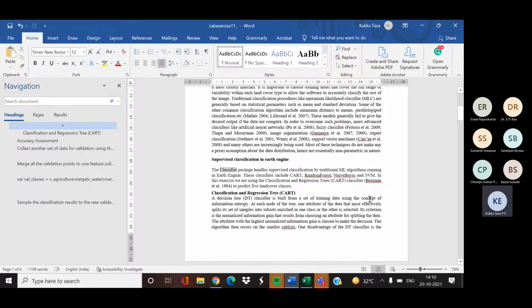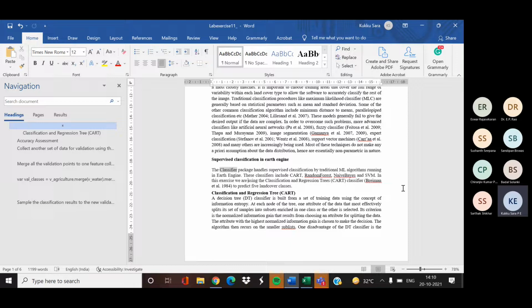This is a decision tree algorithm where our data will be classified based on certain decision rules. There will be a root node, and from the root node the data will be split into different nodes, and finally the end node, that is the leaf node of each branch, will be our output, that is, which class it belongs to. Which attribute we should take as the root node is decided by an index called information index.